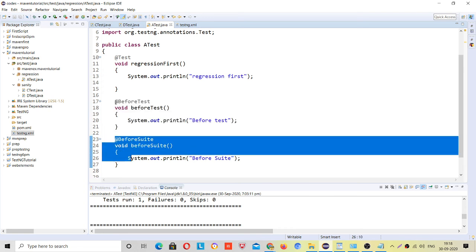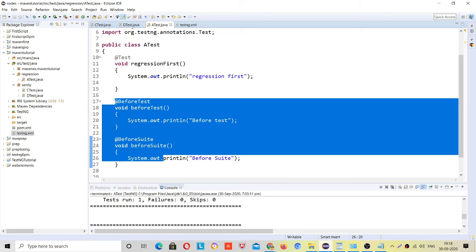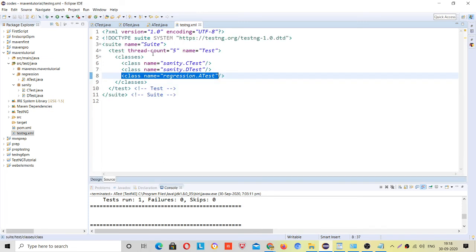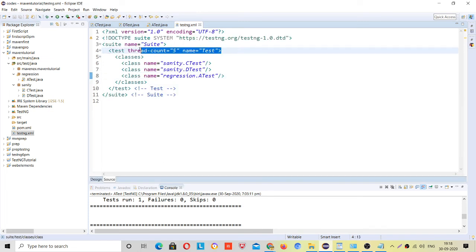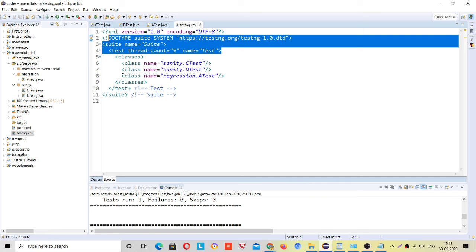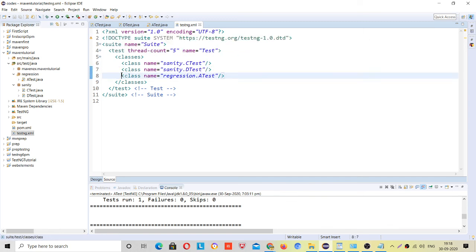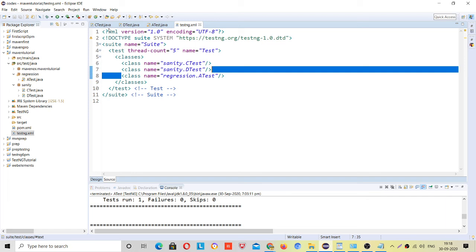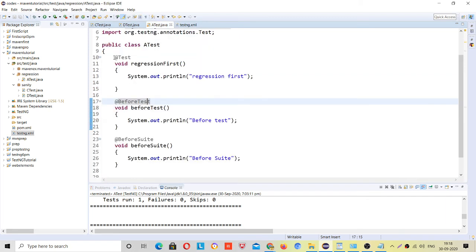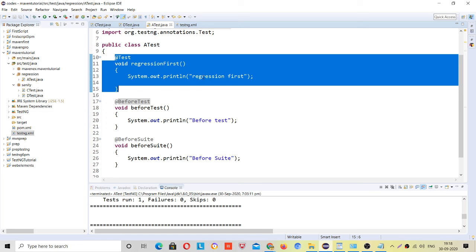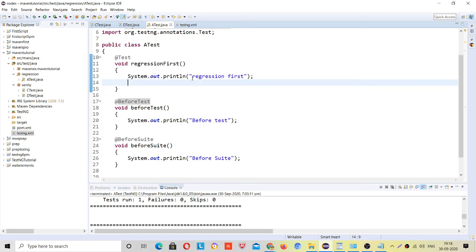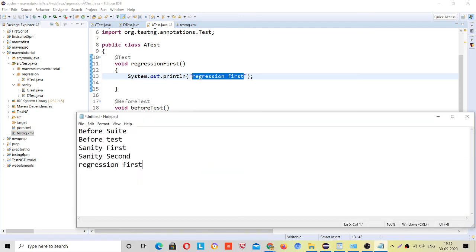So these expired from our picture just because they were executed, and then we are here in this line of the code, right? So then it came here to a test, and looking for the @Test annotation, regression first, then it will run this, right?